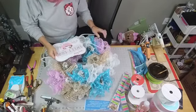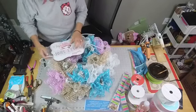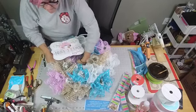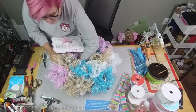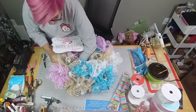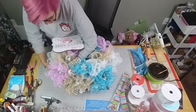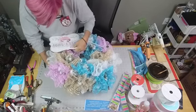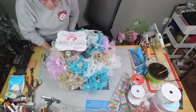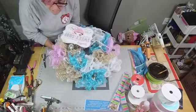I'm going to place this right down here. I want to put it in the corner. So this is my favorite part, is putting the sign on. I wasn't sure how much mesh I was going to put in, and I put in a lot more than I thought I would. So I didn't know how much ribbon to...